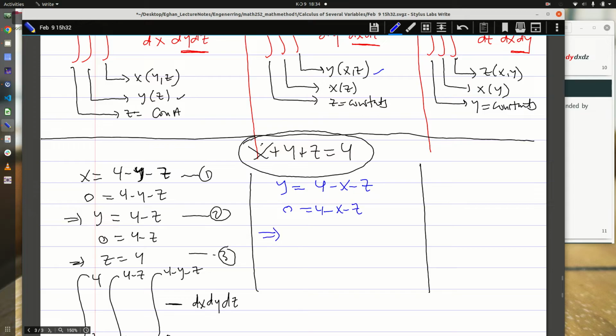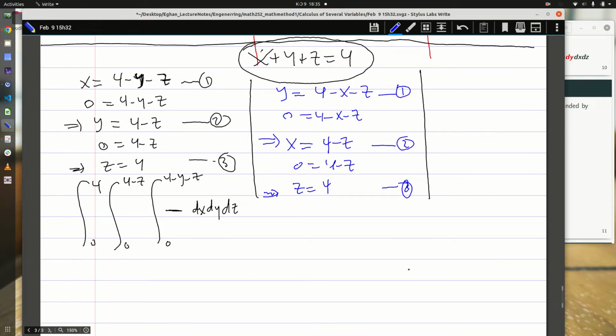Which one do I want? I want the x as a function of z. So I have to make x the subject. So x will be equal to 4 minus z. If I set this to 0, then I can find my last value of z to be equal to 4. So equation 1, equation 2, and then equation 3. Now how would I obtain my triple integral? So I have 0 to 4, 0 to 4 minus z, and then 0 to 4 minus x minus z, for which one? dy, dx, dz,